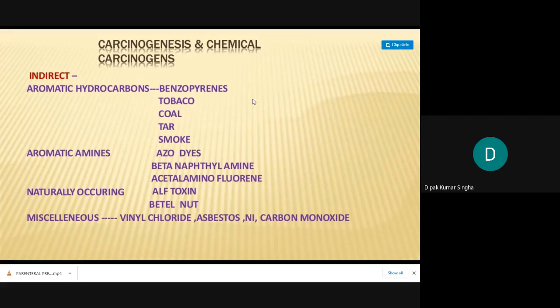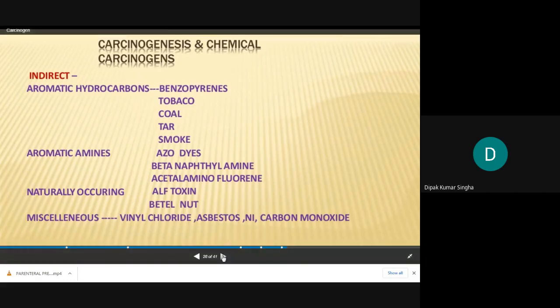aflatoxin. Aflatoxin is found in food or betel nut, which produces cancer. Alpha aflatoxin, or the ornithophalloids like mushroom-like foods, also sometimes produce cancer. And some miscellaneous agents, and also some drug therapy, basically hormonal therapy. These hormones sometimes produce cancers, prostate to breast cancer. Vinyl chlorides and asbestos, and carbon monoxide. That's why carbon monoxide pollution is controlled by the government, due to carcinogens.